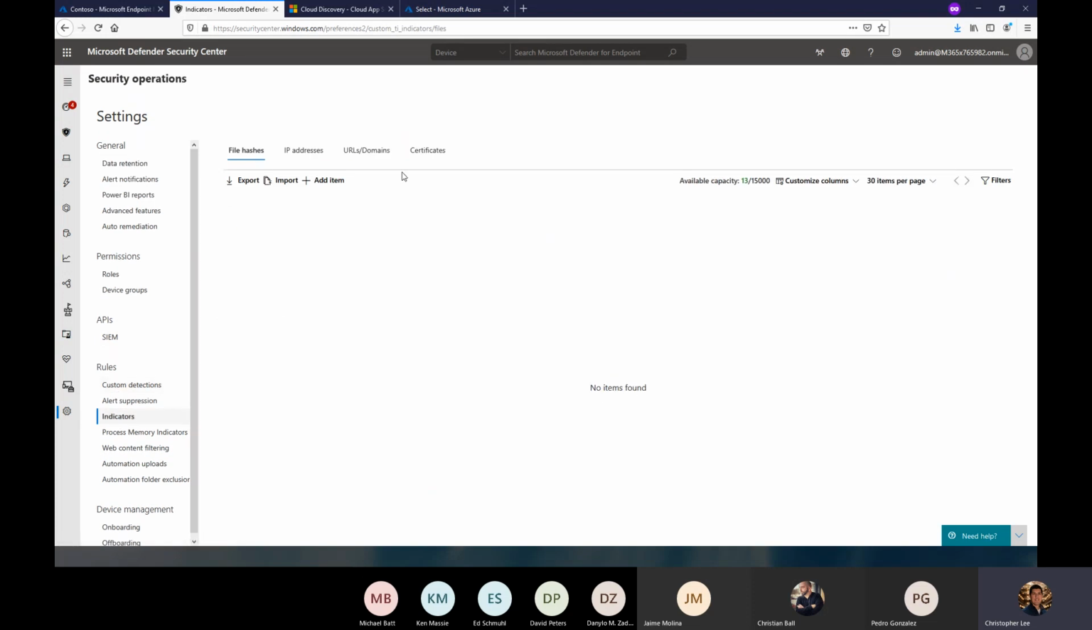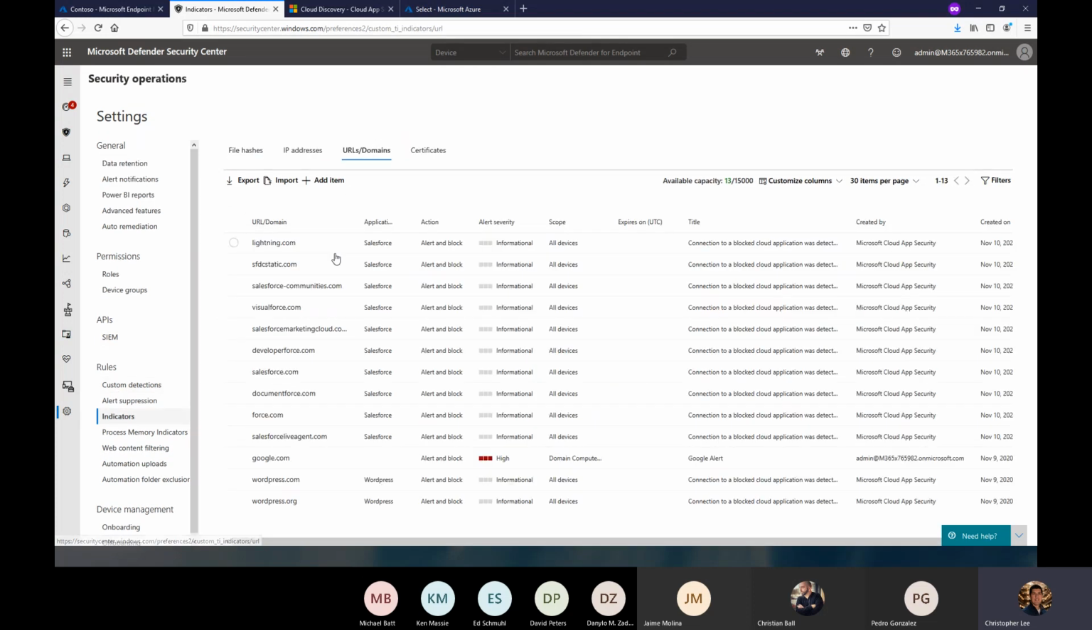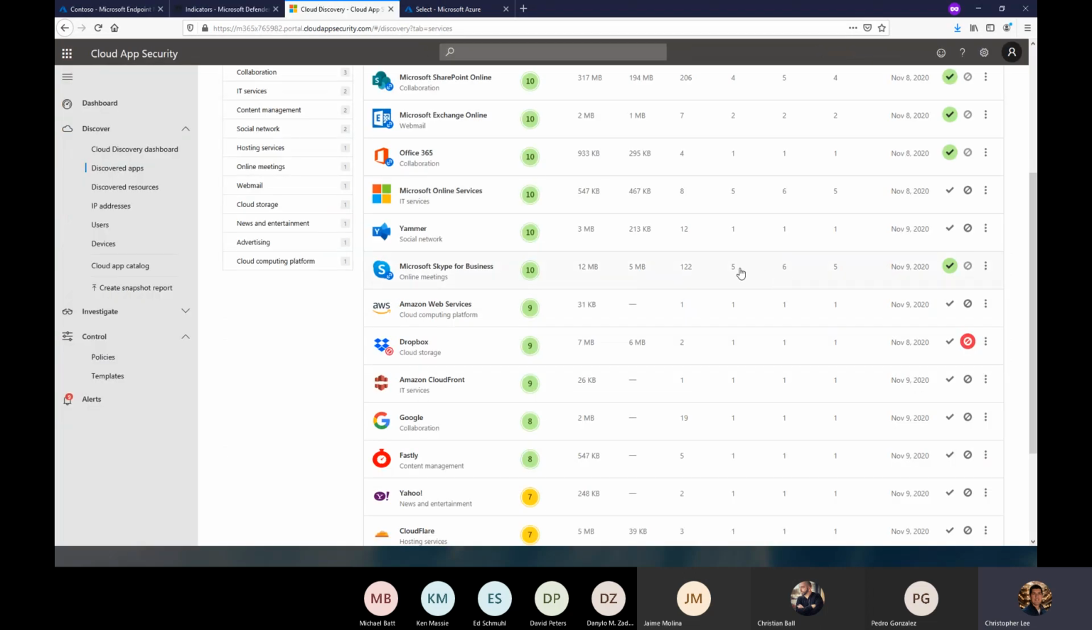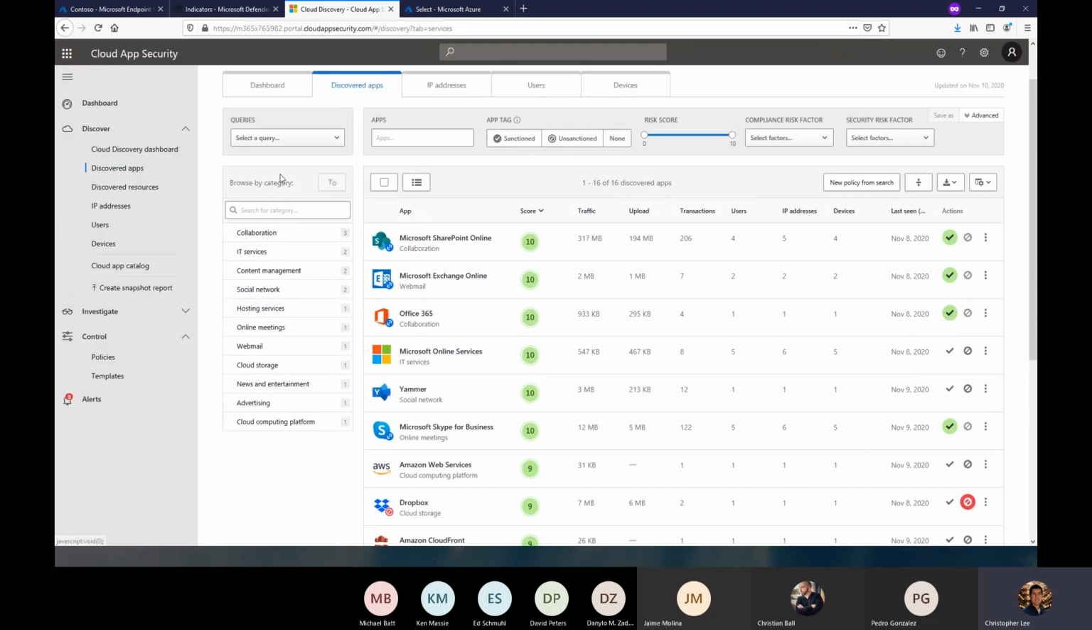And you can see that for what I have for Salesforce, all this stuff here, Salesforce, lightning.com, visualforce.com, this is all Salesforce. I didn't manually create these, but you can see here it was created by Cloud App Security. The same thing with WordPress, created by Cloud App Security. And that is because if I look at Salesforce,